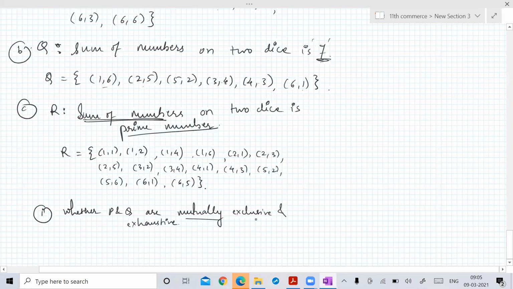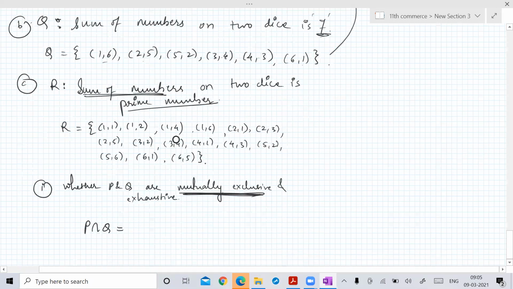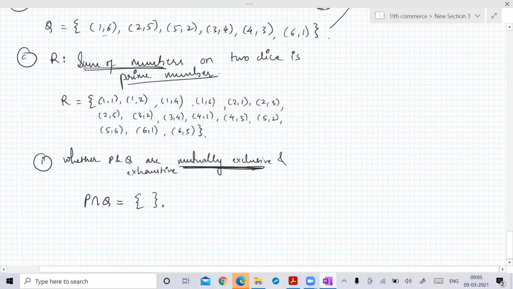तो म्यूचुअली एक्सक्लूसिव के लिए हम इंटरसेक्शन लेंगे, है ना। तो P इंटरसेक्शन Q। P एंड Q में कॉमन क्या आ रहा है, इज देयर एनीथिंग कॉमन इन P एंड Q? नो, कुछ कॉमन नहीं दिखाई दे रहा मुझे। सो P इंटरसेक्शन Q इज empty set, or you can say phi। Therefore P and Q are mutually exclusive।